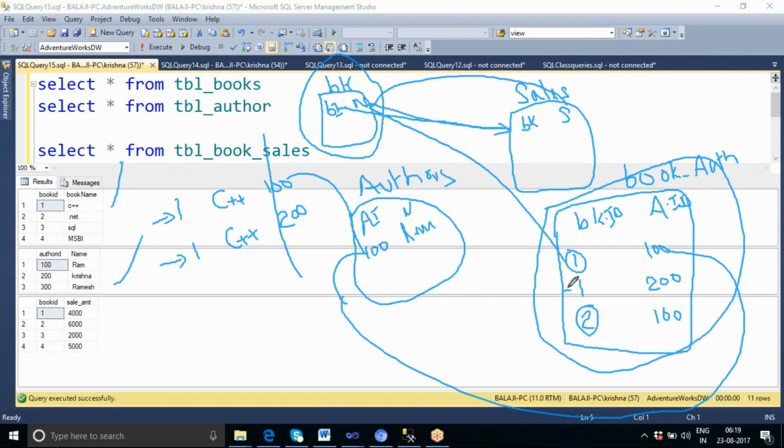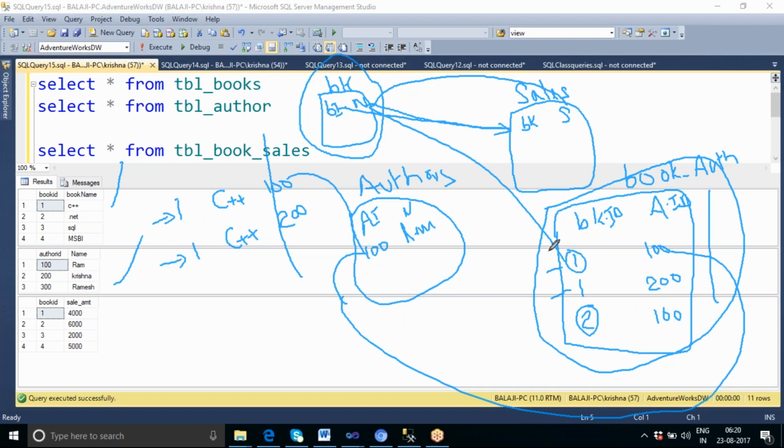Because the data is not unique. Okay. And is this a fact table? It is not a fact table also. Why? Because there is no metric amount. There is no sales amount, tax amount. There are no sales details.